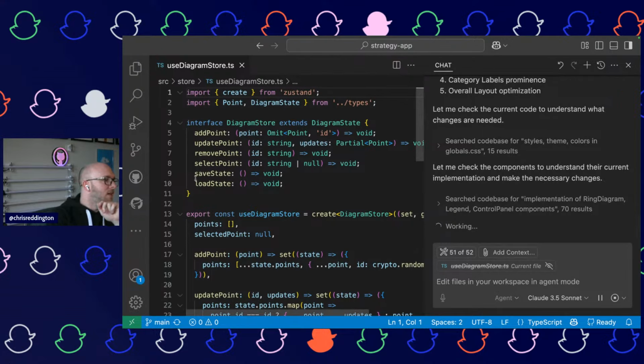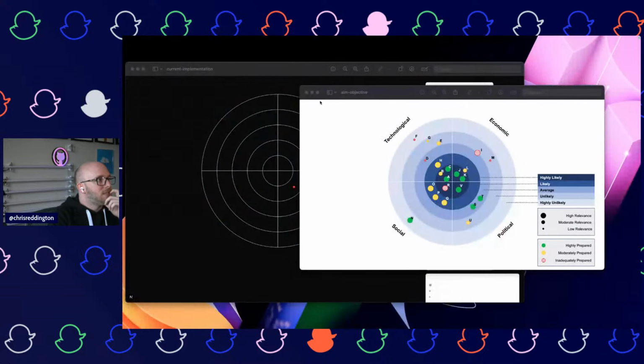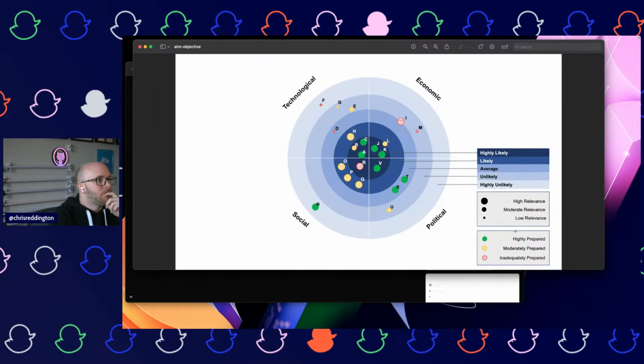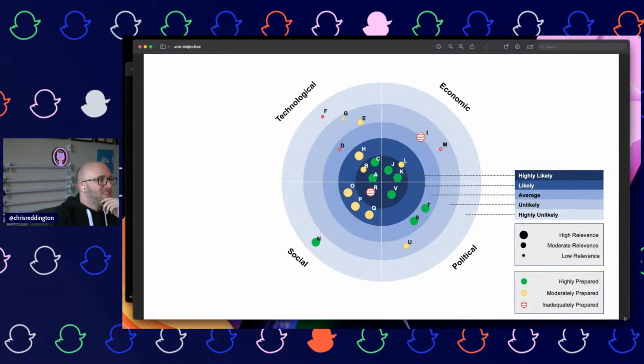Oh, what are we trying to build here? You may have missed it in the beginning, Danish. So let me grab the original screenshot. I'll grab you what we got. What we're trying to build is, over the last few years, I've been studying for an MBA. Finished now. And one of the things that I learned about was this kind of diagram to plot opportunities, initiatives, risks, things like that. I thought this was kind of fun because it's a visual thing that is hard to describe. So I wanted to take a screenshot of it and then use the tools to go and build this. And that's what we're doing.